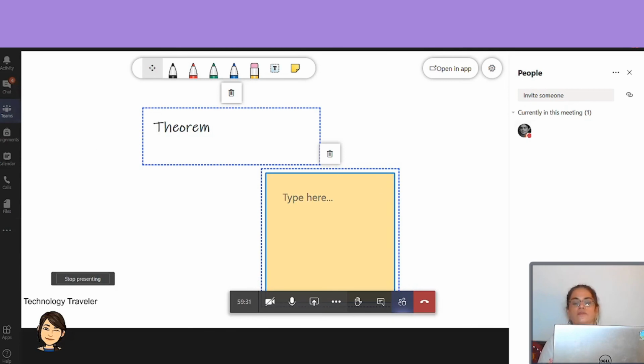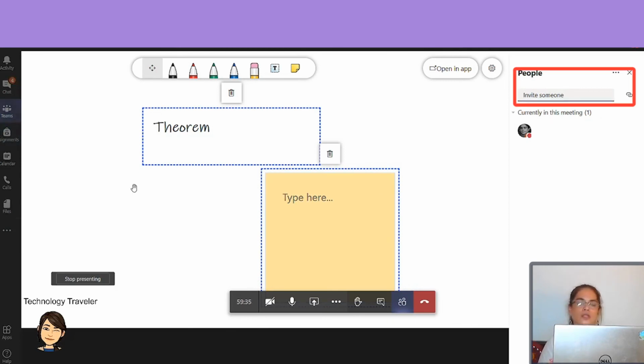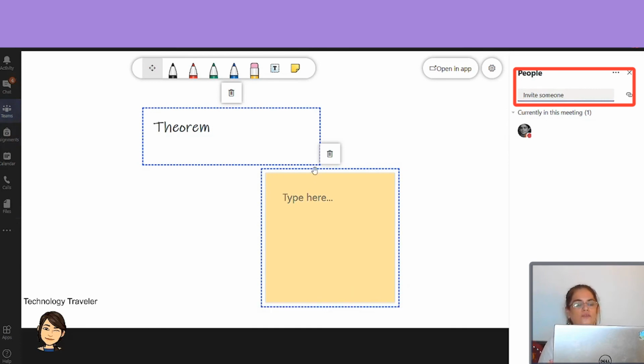This is not the only thing. You can invite your students one by one to come up on the board and solve something, or to leave a little remark or whatever. And this itself makes the whole class come to life. Now, this is the power of the Microsoft Teams app.